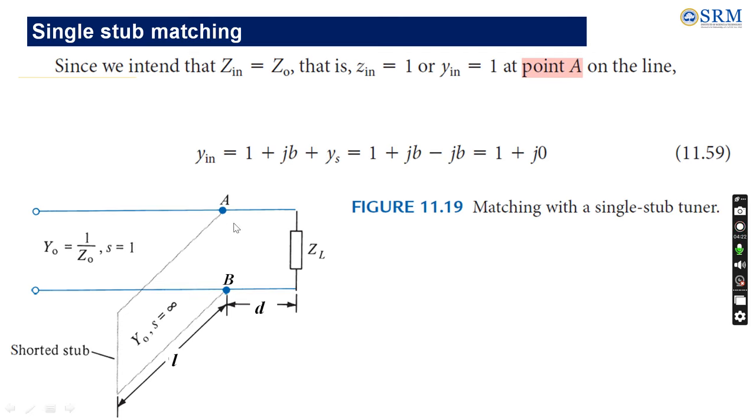And after introducing a stub, what happens? The stub also provides some admittance. So the stub admittance is called Ys. The stub should provide the opposite susceptance. Whatever susceptance is available here, it should provide the opposite. So since there is plus jB, it has to provide minus jB. So for that particular length, we have to take the stub so that anti-resonance is created, and finally we are able to achieve the matching.